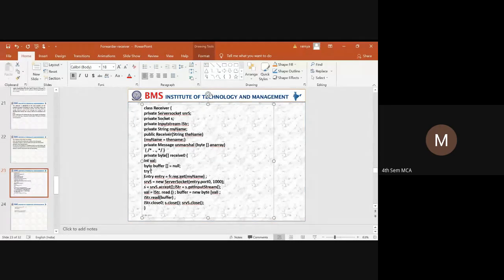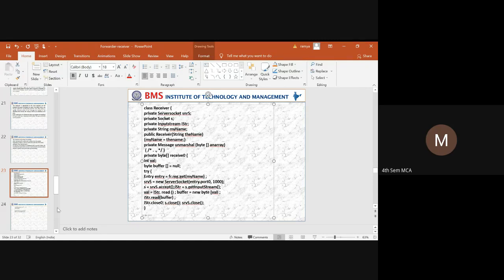It should raise an exception when the data entry happens. Sometimes the server socket may not be identified or the connection may not be established, or from the buffer the data cannot be read into the system.